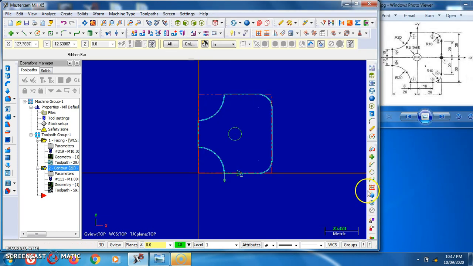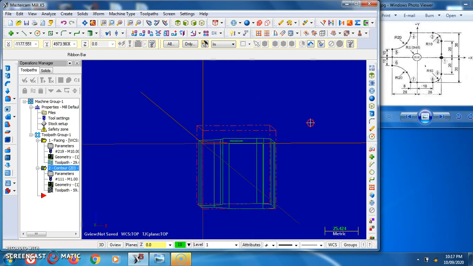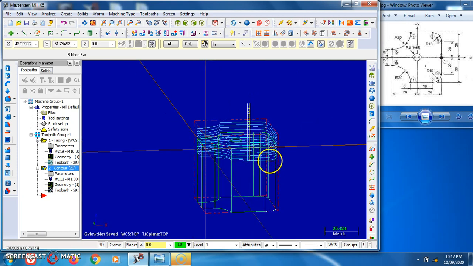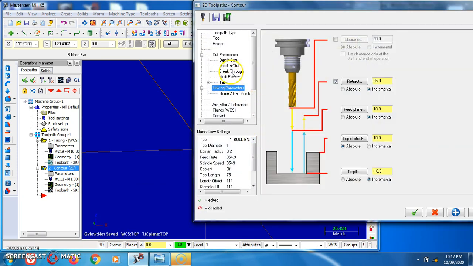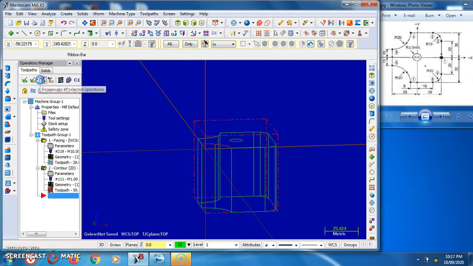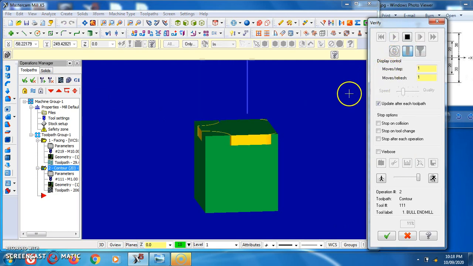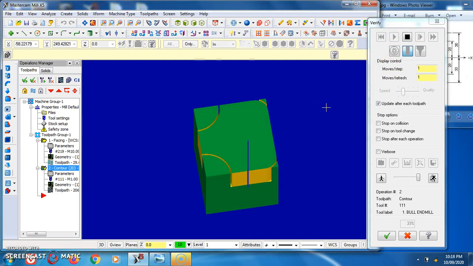Click OK. Now we can verify whether this operation is correct or not. I think only 10 mm is not sufficient because our product is 50 mm on the lower side, so we have to change the parameters. For the linking parameter we have to provide a minimum of 60 mm, so this is the -60 value. Click OK. Click onto regenerate, and now verify the operation. Click OK. So this is the operation called the contouring operation.